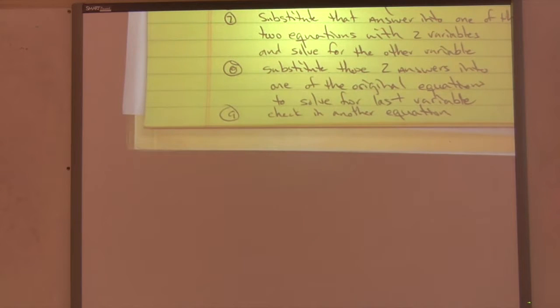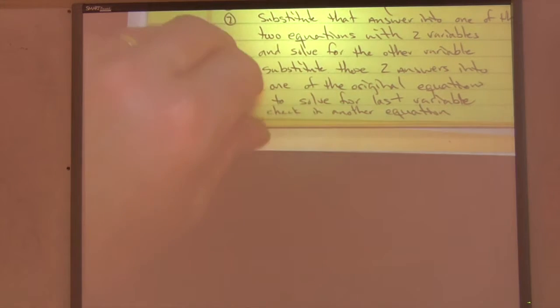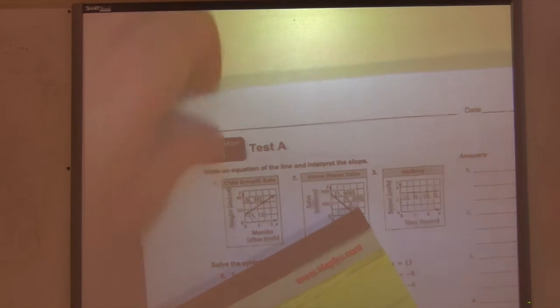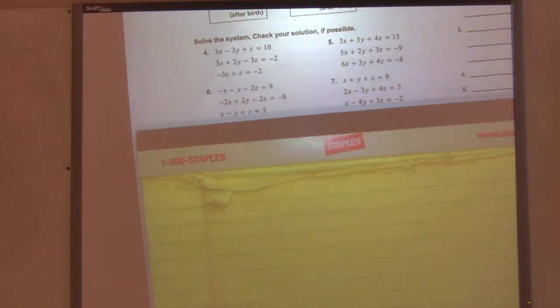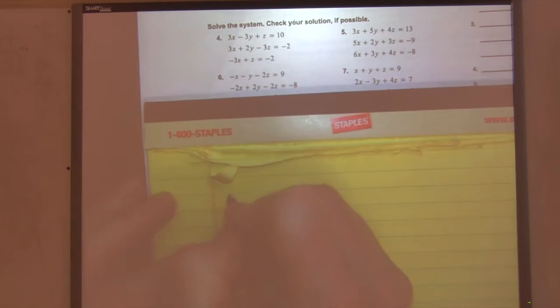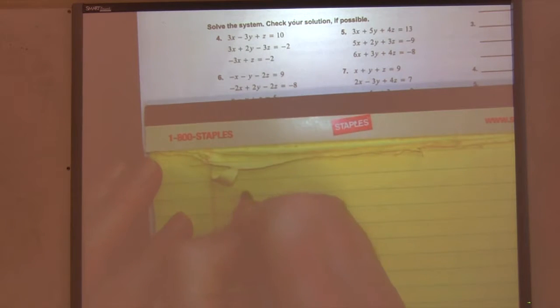So hopefully you've got all these notes written down. You can pause it at any time to get that. And then what we'll do now is we'll go through one of the problems so you can see how that's done. So I'm going to do number 5. So if I write that equation down, we get